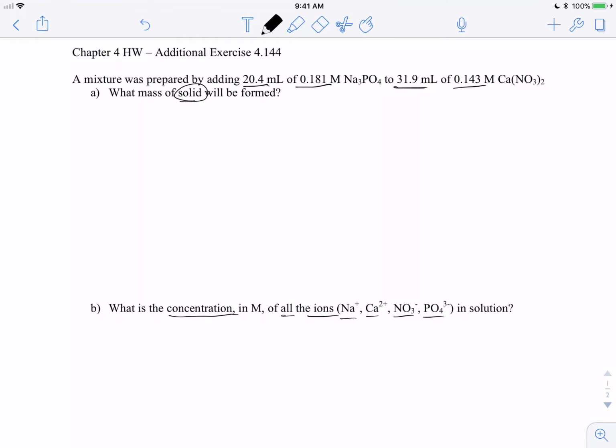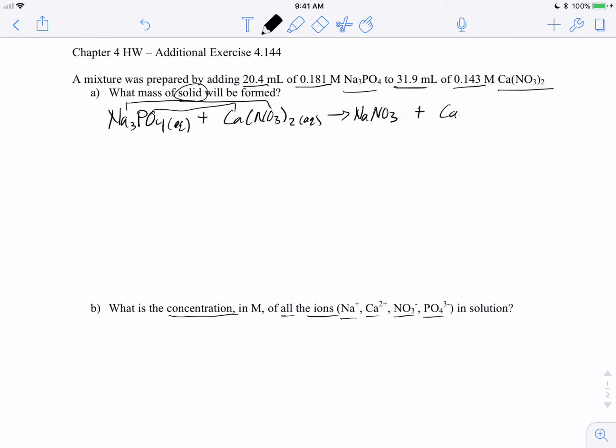And if we have a process where we're mixing two solutions that are both ionic compounds, we would look at, well, what possible double replacement reaction would occur. So here we would have sodium phosphate. If we look, sodium phosphate would be aqueous. Sodium, group 1A, is always aqueous, reacting with calcium nitrate. Calcium nitrate is also soluble in aqueous because nitrate ions are always soluble no matter what they are partnered up with. And we're going to undergo a double replacement reaction here, where we're going to get sodium nitrate